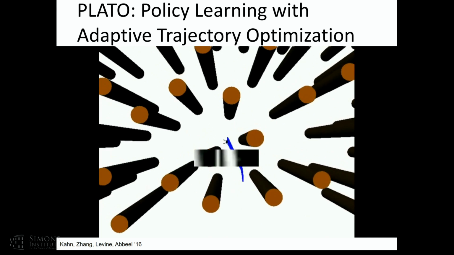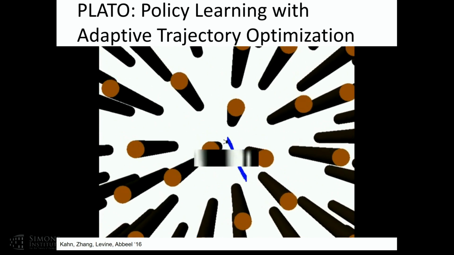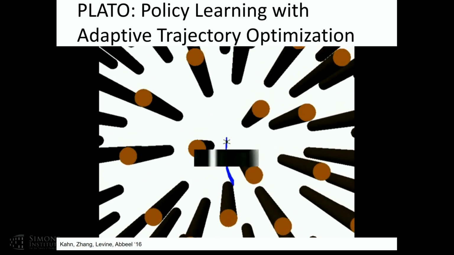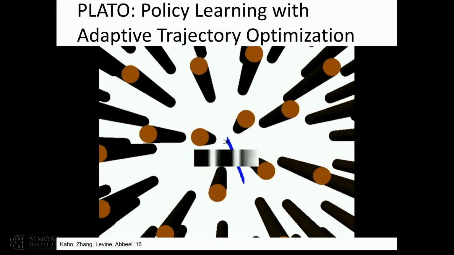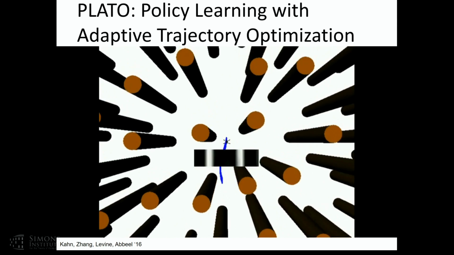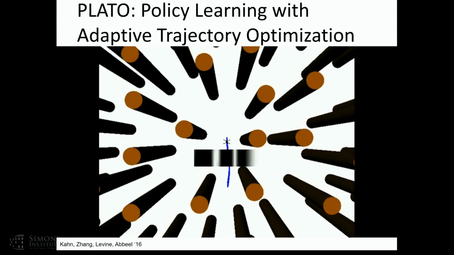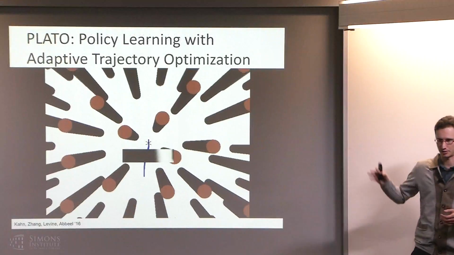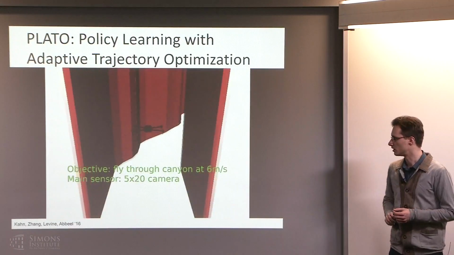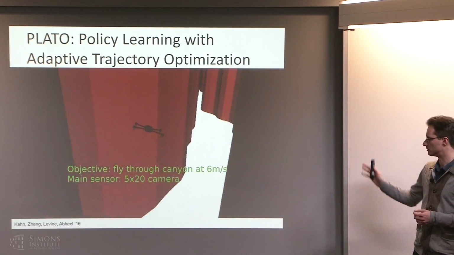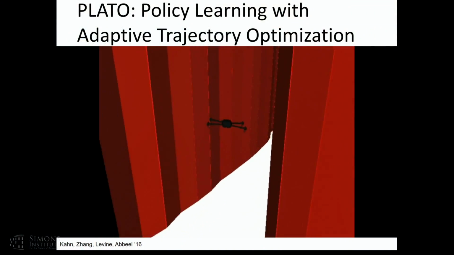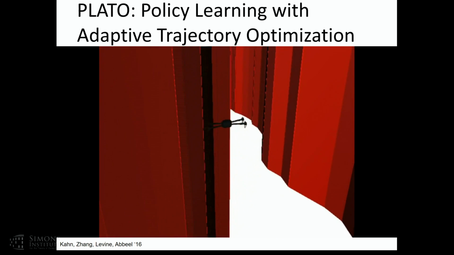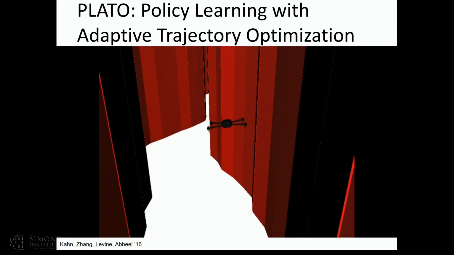So the short story with this is that, yes, you fail less during training, but you have this fairly strong assumption of requiring knowledge of the true state of the system at training time, which sometimes is reasonable and sometimes is not. And one of the things we've been working on since then is how to relax that assumption, but we don't quite have presentation-ready results on that just yet. So this is another example of flying through a canyon using, in this case, grayscale images.